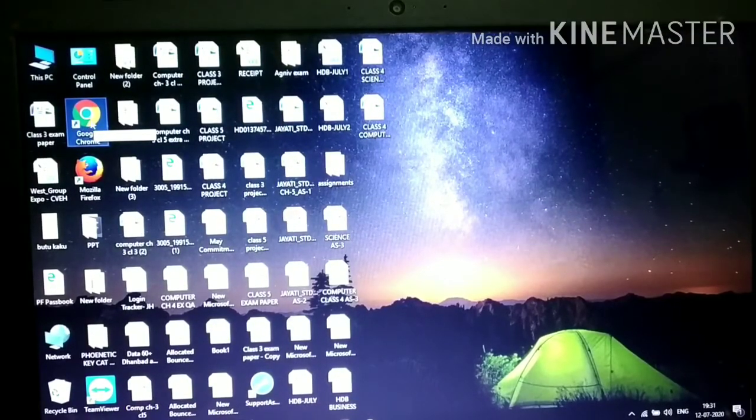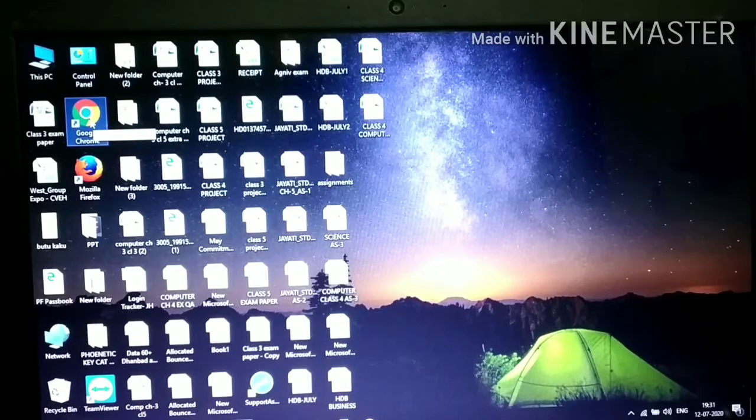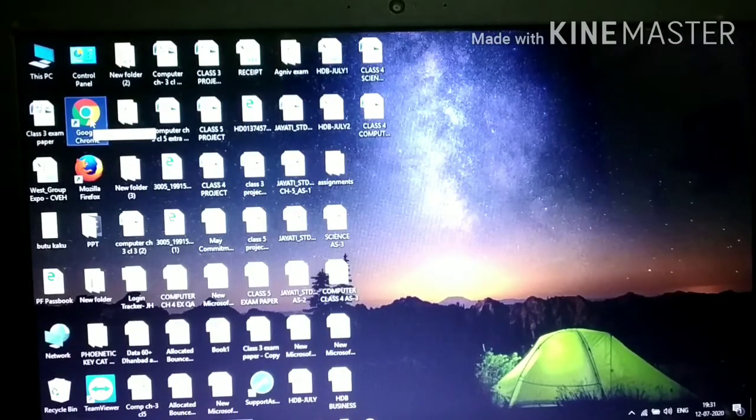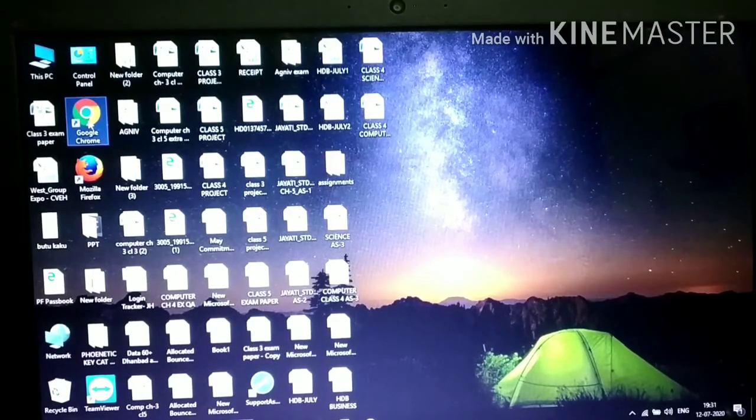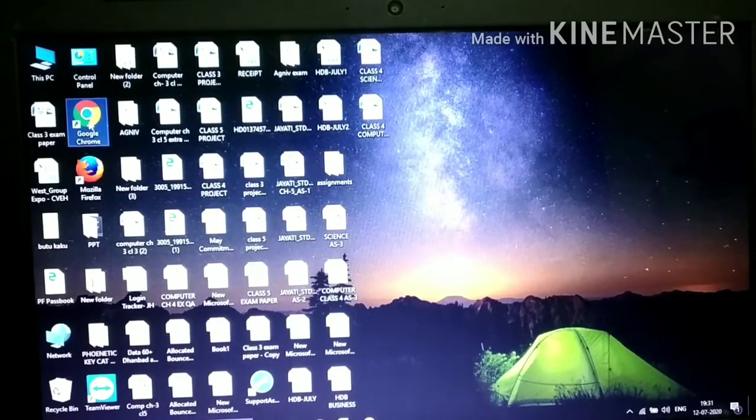Now, this web browser can be opened in two ways. First, either by double clicking on this icon, or by following the steps: click on Start, All Programs, and then Google Chrome. Here I'll open this by double clicking on the icon.